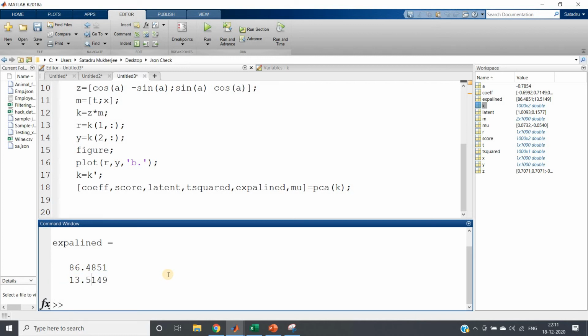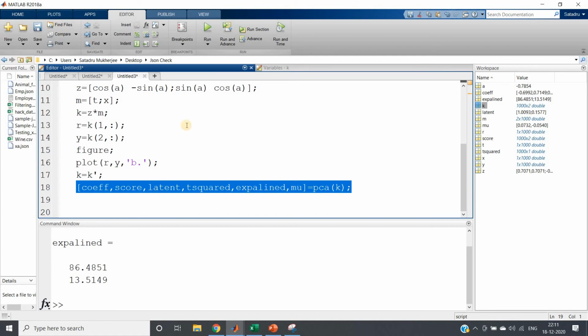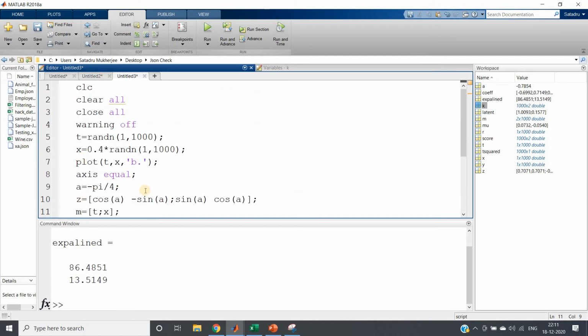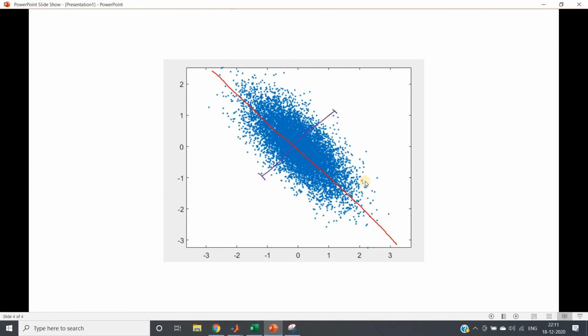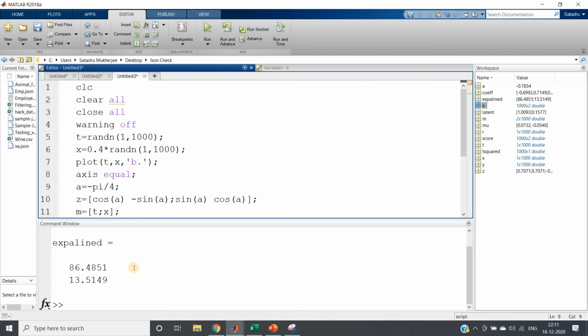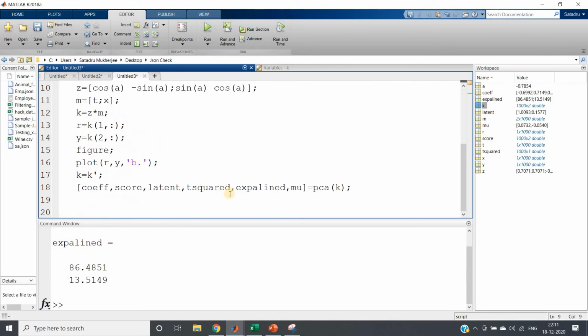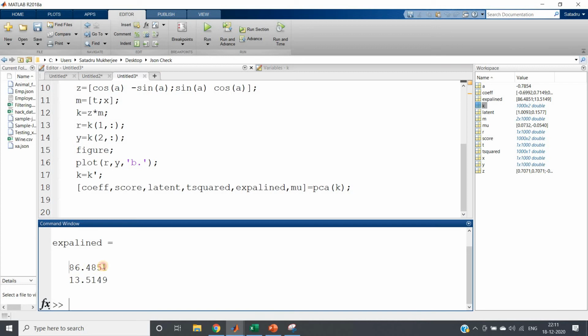So what does this indicate? When you are applying dimensionality reduction, we are giving two-dimensional input data. Actually we can understand that this is three-dimensional because of the rotational factor, x and y, but the computer cannot understand that. The computer is thinking this is two-dimensional data only, and in this data, when you are applying PCA, the first principal component is explaining 86% of our overall data.